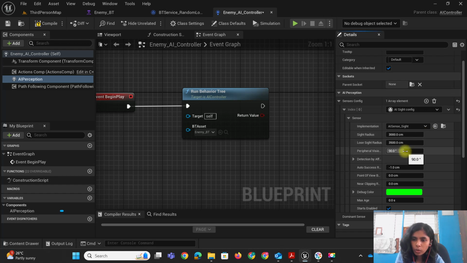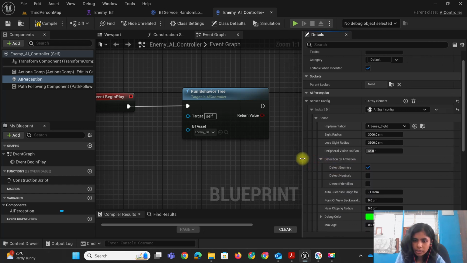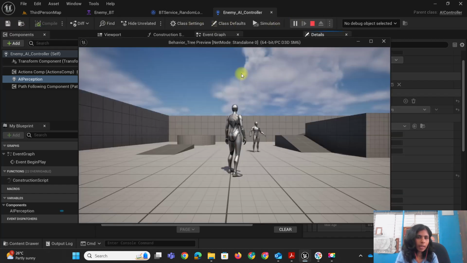I'll just keep the sight radius at 3k and the lose sight radius at 3.5k, and my peripheral vision around 45 degrees for now. What I can do is detect the enemies and also detect the neutrals, in case I'm having any dummy characters over here. Now if I compile, save, and start playing,